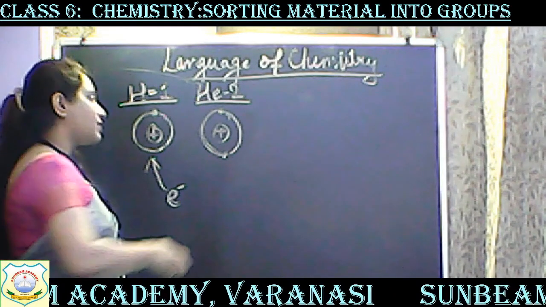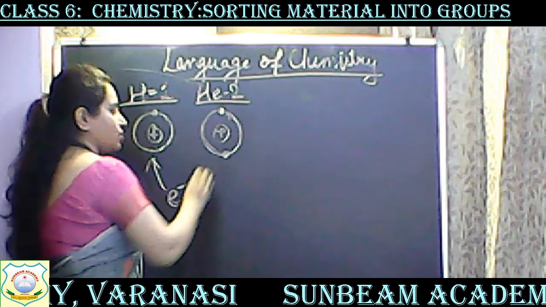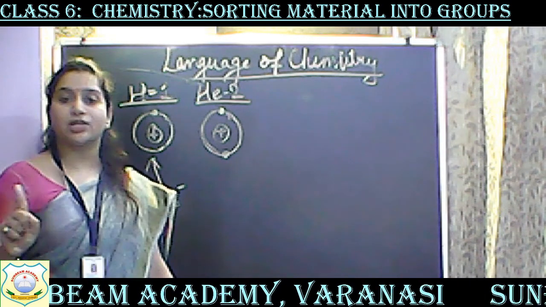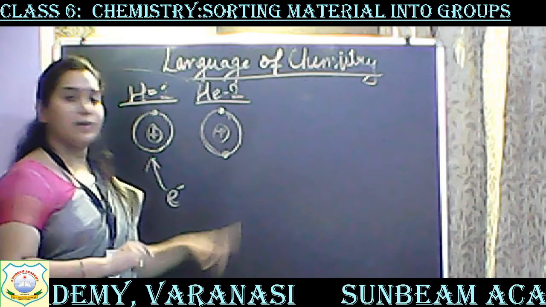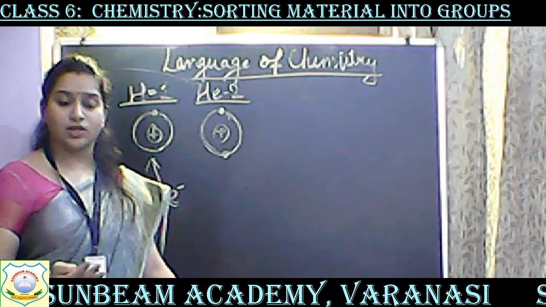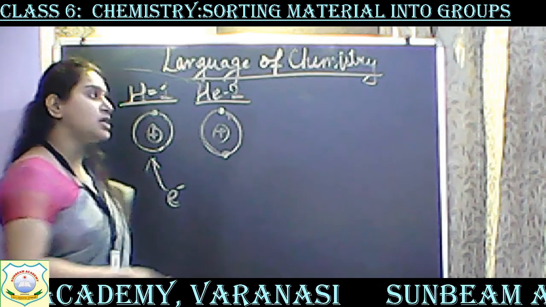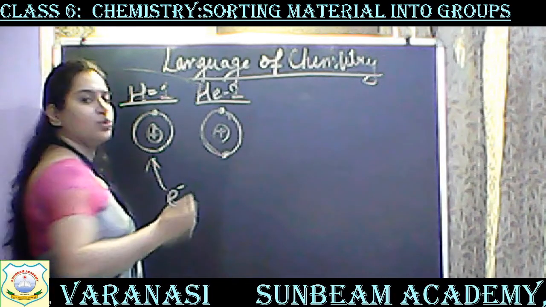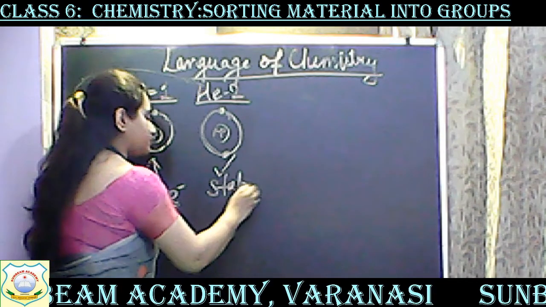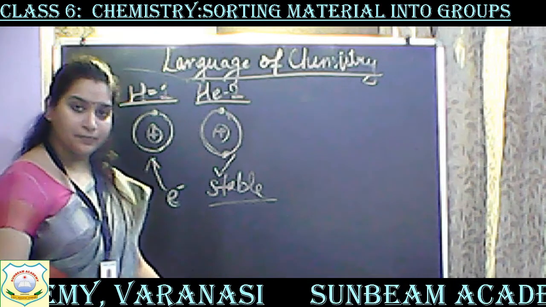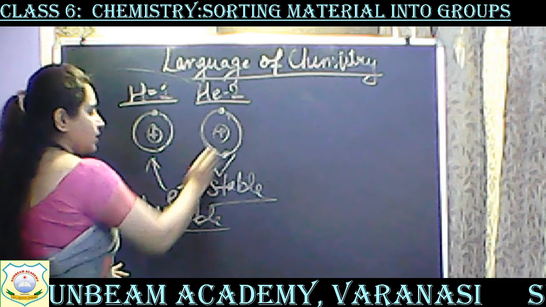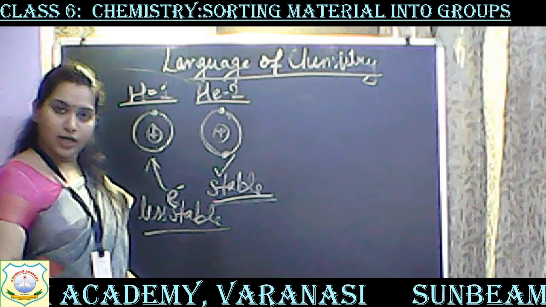But now coming on to this helium. Helium has 2 electrons in the first shell. क्या अब ये कोई इलेक्ट्रॉन ले सकता है? ये कोई भी इलेक्ट्रॉन नहीं ले सकता है. क्यों नहीं? क्योंकि इसके पास जगह ही नहीं है इलेक्ट्रॉन लेने की. ठीक है? और ना ये अपना इलेक्ट्रॉन किसी को दे सकता है. क्यों? क्योंकि it is stable. That is why we say it is more stable. Got it? This hydrogen is less stable, whereas helium is more stable. Got it? Let's take another example.